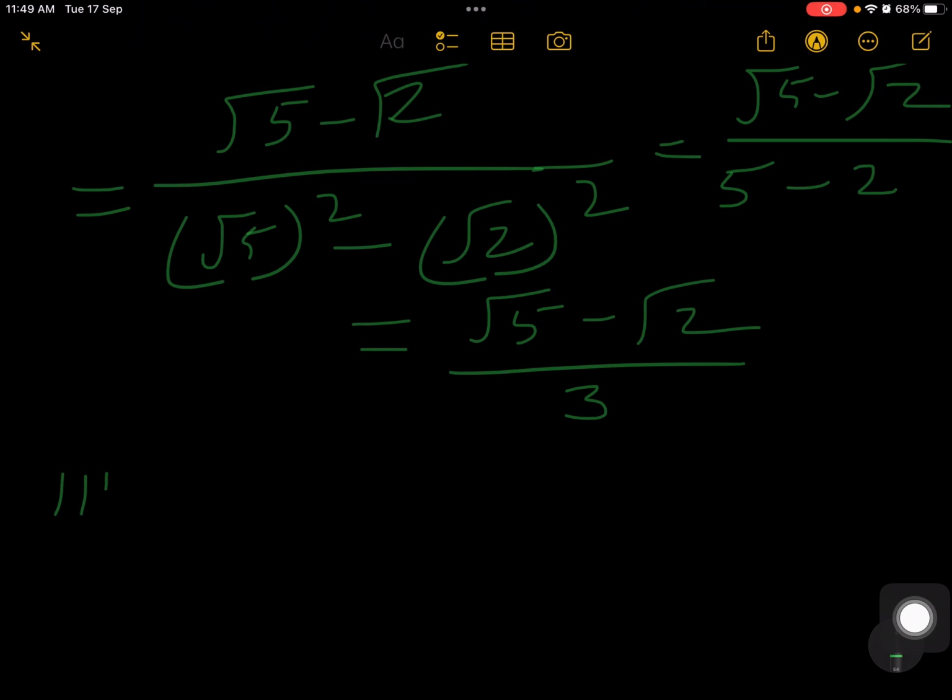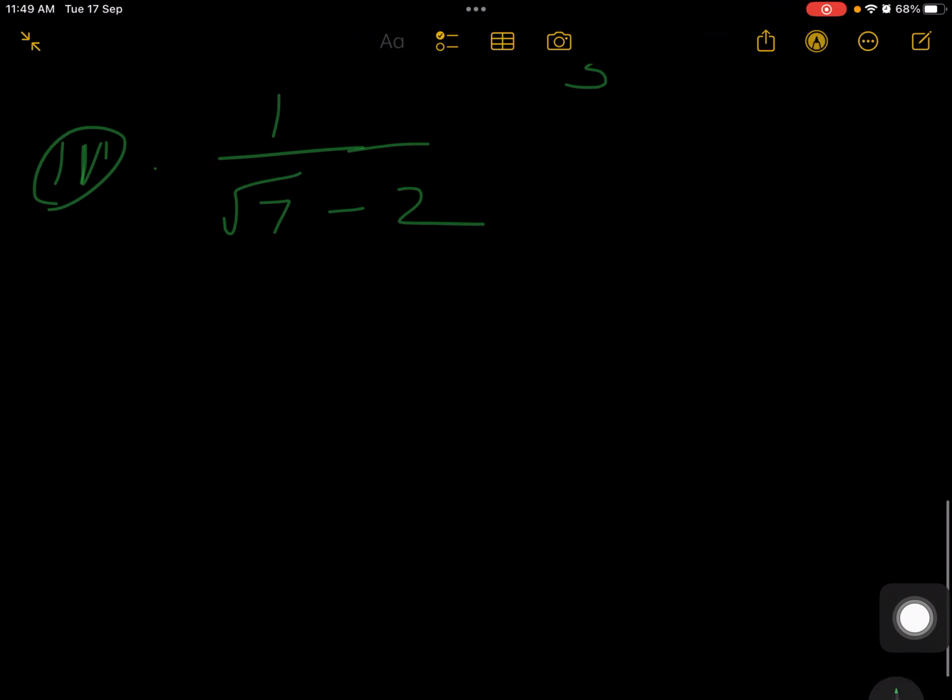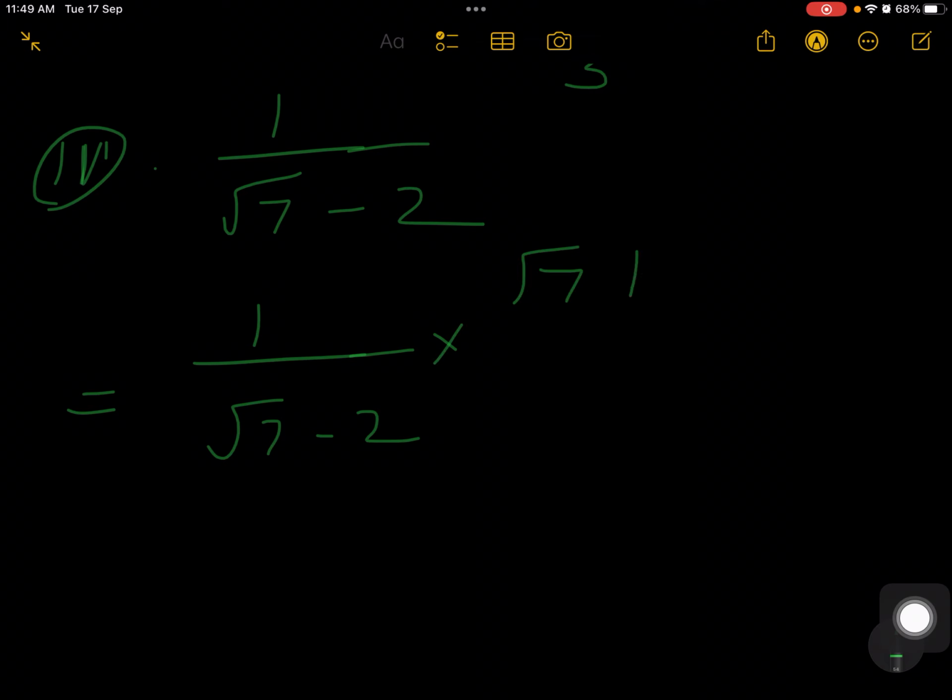Now see the fourth part of this question, that is 1 upon root 7 minus 2. यहाँ पे क्या है, ओनली 7 के साथ रूट है, बट प्रोसेस विल बी सेम. वी नीड टू मल्टीप्लाई द डिनोमिनेटर एंड न्यूमरेटर विद द सेम डिजिट लाइक दिस वे. Root 7 minus 2, again make the combination here a minus b, a plus b, so root 7 plus 2 upon root 7 plus 2.